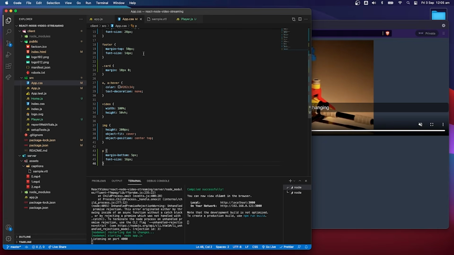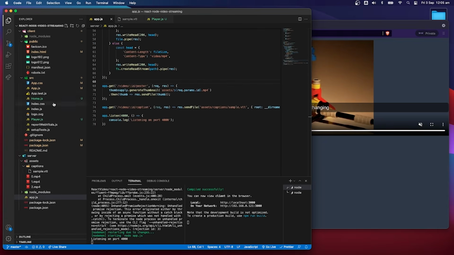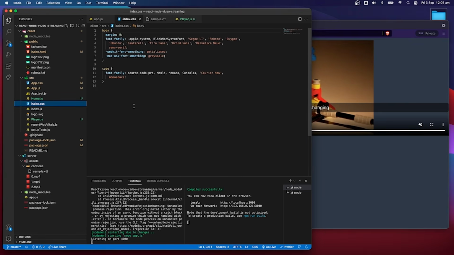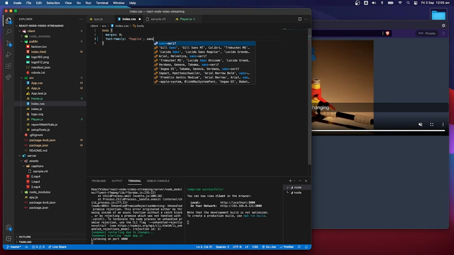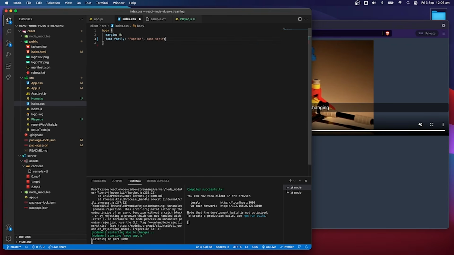Okay. Now we want to go over to the index.css file, and we want to basically remove all this, and we want to do the body, margin 0, font family, Poppins, sans serif, and we will do WebKit font smoothing,